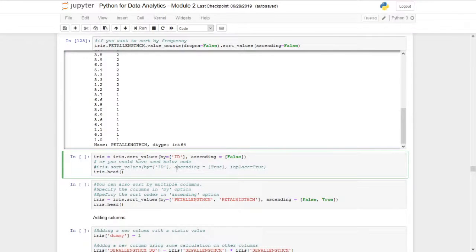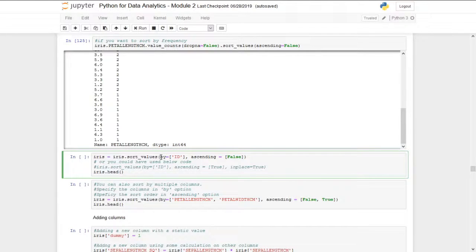You can also sort the entire data set. Again, whenever you're sorting, if you want to save the data set, you have to save it in the same variable again, right? If you had just written this particular thing which I have highlighted here, then it will just give you the output which will be sorted, but it will not make changes to the original data set, right? So if you want to make changes to the original data set, you have to restore it in the same variable. So yeah, coming back to sort, you can sort a data set by using the dot sort values function,